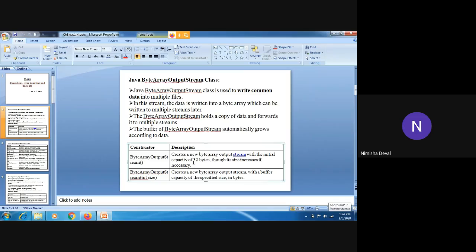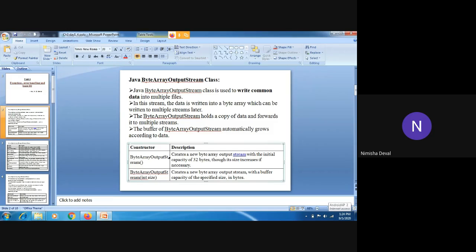But whenever we use that object, that is, whenever we use that array for multiple outputs, the size gets multiplied by 32 bytes. Okay, so this is the use. And the second constructor takes a parameter. Here we have provided an int, which creates a new byte array output stream with a buffer of the specified size in bytes.